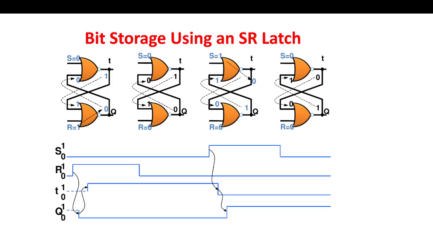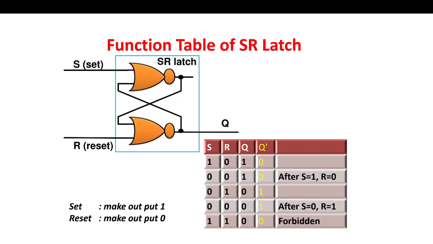And in the waveform format, again if we see here, the reset is 1, that means output should go to 0, and here the set is 1, that means output should go to 1. These are the inputs and these are the next state values. So 1, 0 means it is set, this is store, this is reset, again store, and this state is not